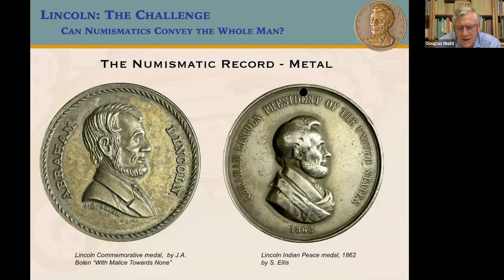On the other hand, we have the Lincoln Indian Peace Medal of 1862, and here you get the impression, this is by S. Ellis, you get the impression that Mr. Ellis must not have looked very carefully at some of the images because the hair is not particularly well done and is actually not going in, the raised part of his hair is seemingly suspended in midair and doesn't seem to follow any of the images. It should be moving towards this side, the right hand side a little bit,